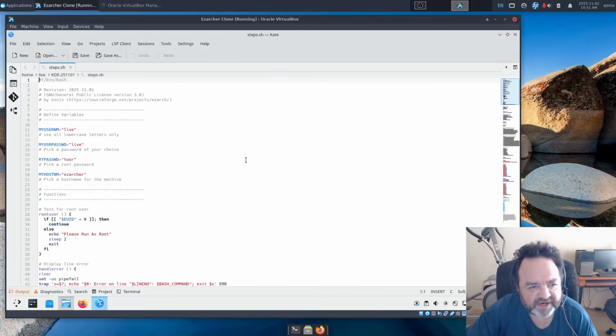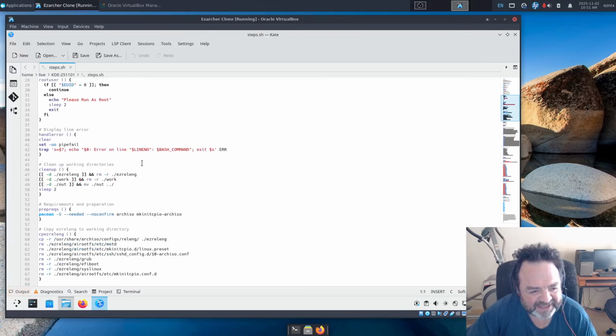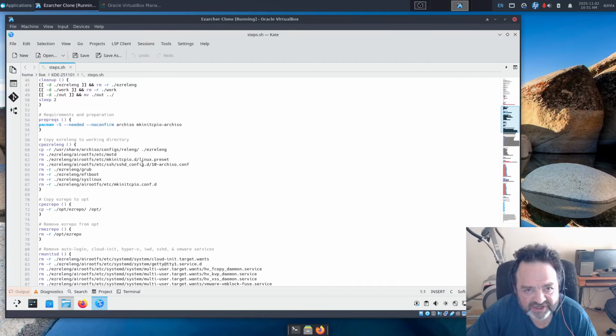Okay, let's make it bigger here. I dated it as of the last change day, which is November 1st. And let's see what the changes were. Both changes have to do with the fact that Archiso, in their releng config, removed the reflector service systemd unit. So it's no longer running as standard in the Archiso. And I like it running in Ezarcher. So it's basically putting back that